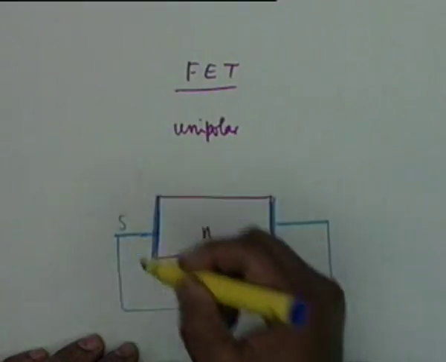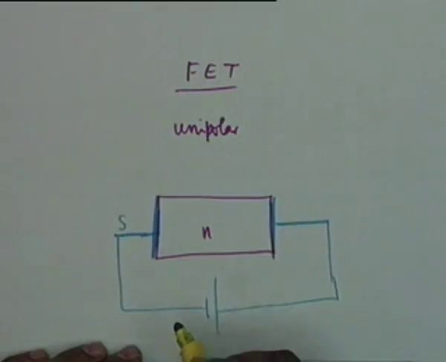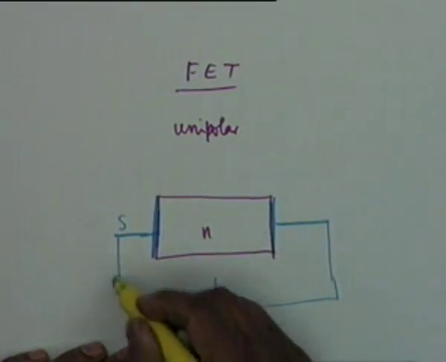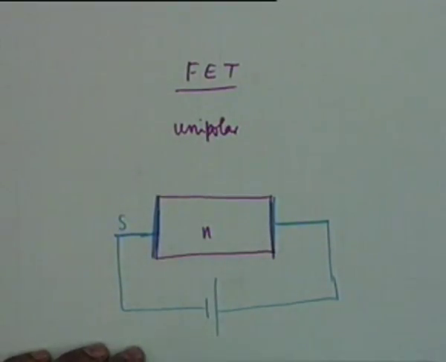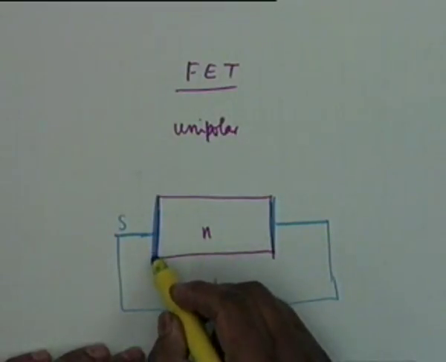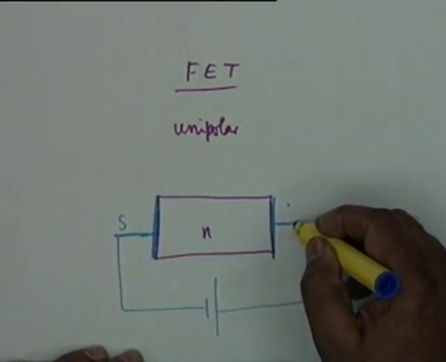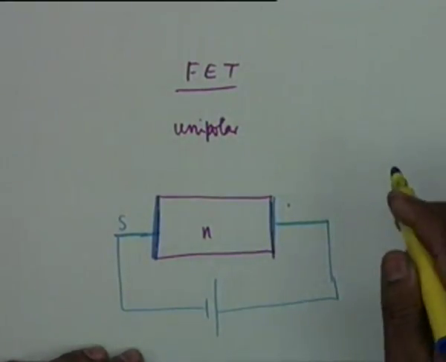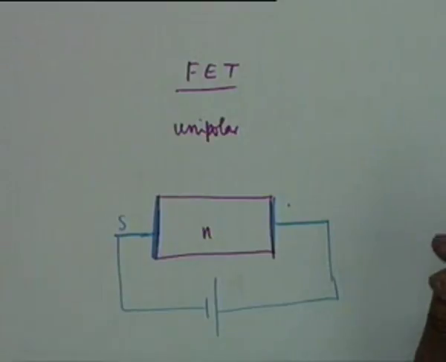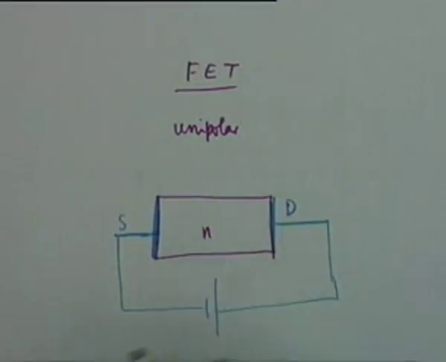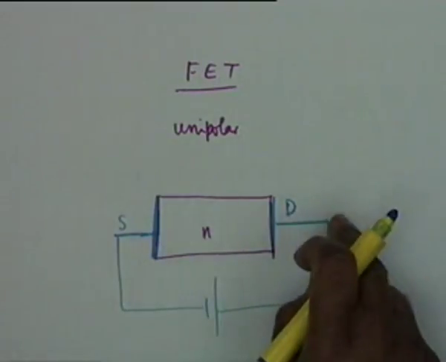Conventionally we say this is the source, because electrons going away, the battery has to supply electrons. So this terminal is the source, and this terminal is the terminal at which electrons are drained away. The terminology is slightly different. We could have called it a collector, but conventionally it is called a drain, a source and a drain.